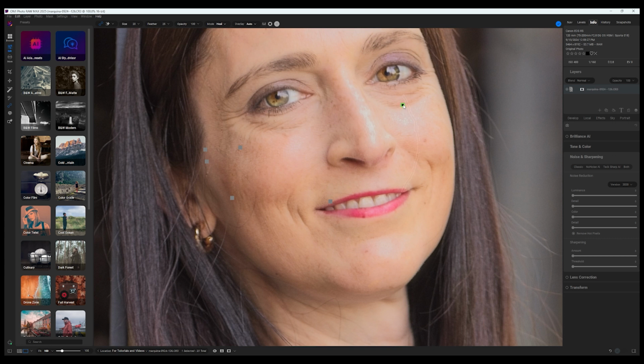Results wise, I don't know if it's quite on par with Adobe, but it's decent. It's good, and again, this is not something I usually use ON1 for. I usually do this stuff in Photoshop. But you can do it here if you're looking for a replacement for Photoshop. It certainly has this capability. I just wouldn't say that the results are always going to be as good as Photoshop's